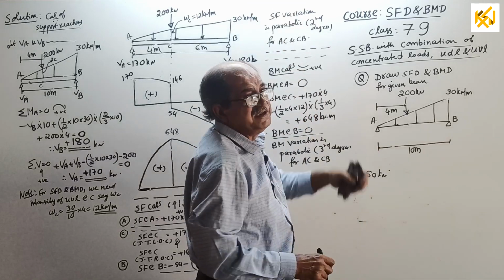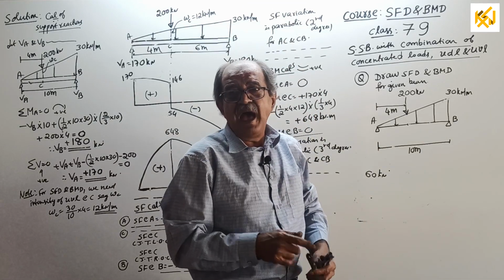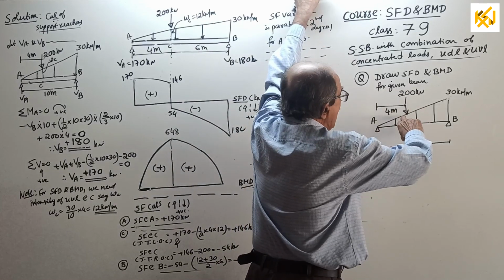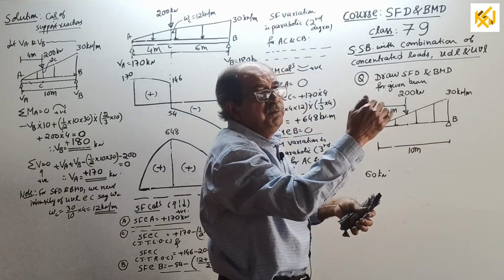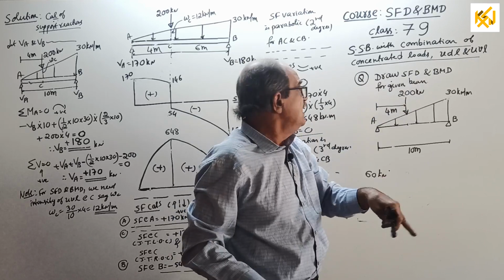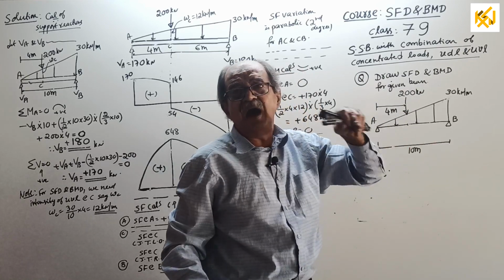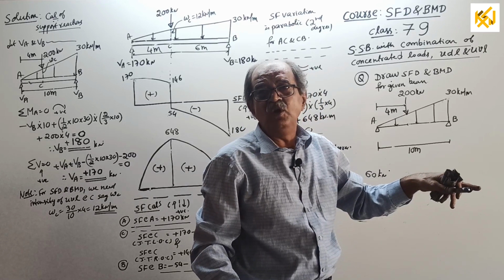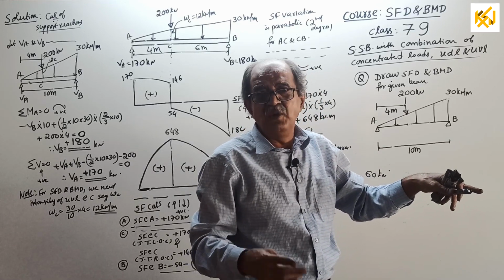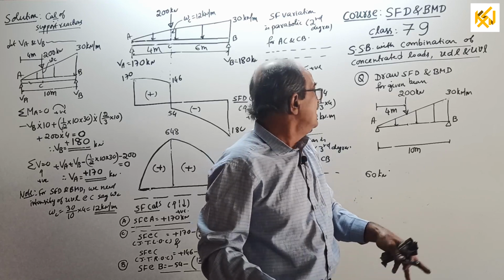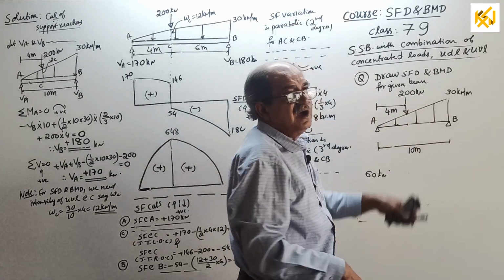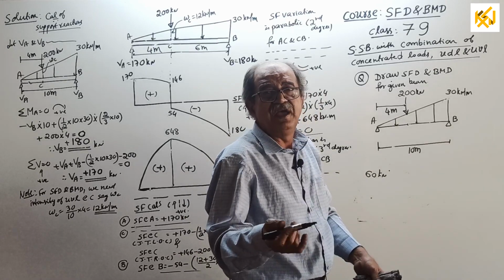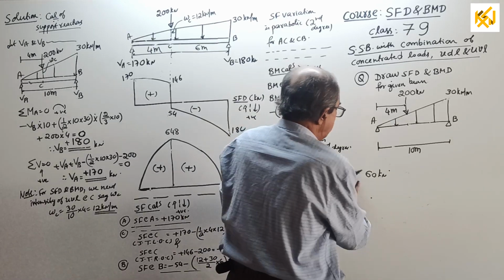60 kilonewton, sufficient. So the maximum BM point, or zero shear force point, will come after the point load, but before L by root 3. That is, after 4 meters, X will come more than 4, but less than the 5 point; how much, I told, 7 L by root 3, you can calculate. So it will come in between. Therefore, you can solve this one and get the answer. Or if you want, I can tell you right now the value of X.